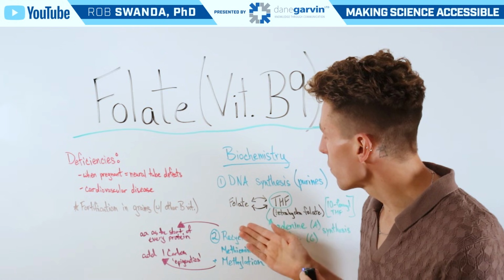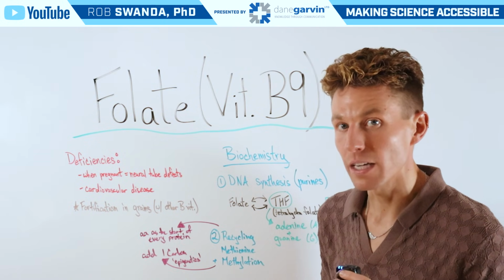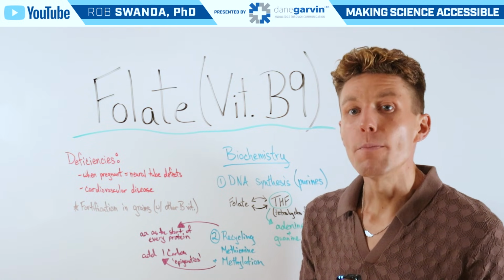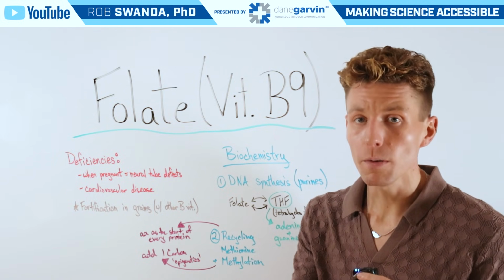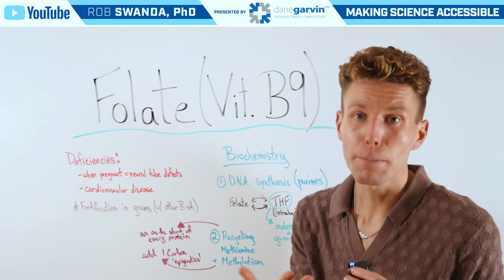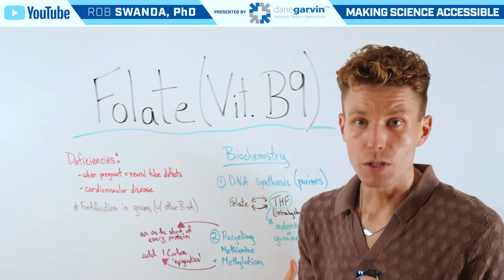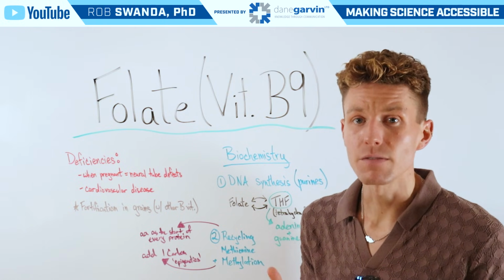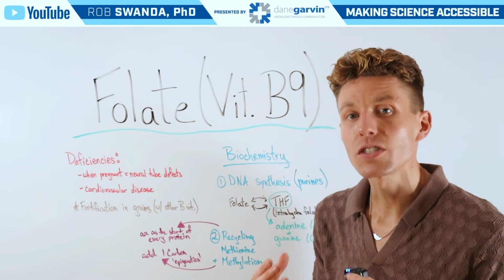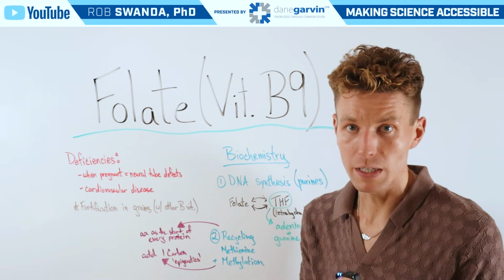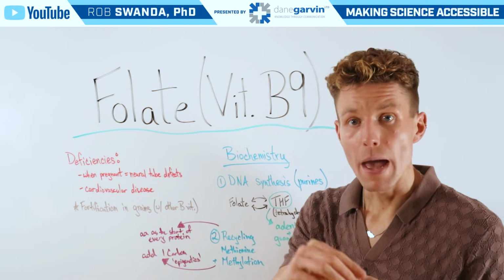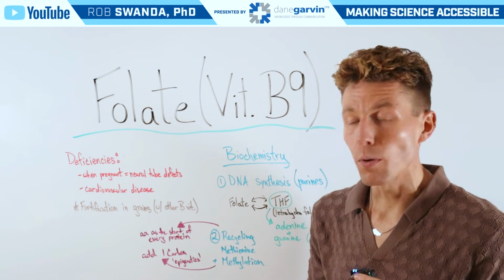Additionally, folate is critical for recycling methionine and for methylation. And you may remember methylation from my video about epigenetics, how methylation is just the addition of a carbon to another protein. And sometimes that can turn that protein on or turn that protein off. So it's an on or off switch that's really critical for a variety of different processes. Additionally, methionine is the amino acid that starts the production of every single protein. So it's that first amino acid that's added as translation is occurring from mRNA to protein, highlighting the importance of